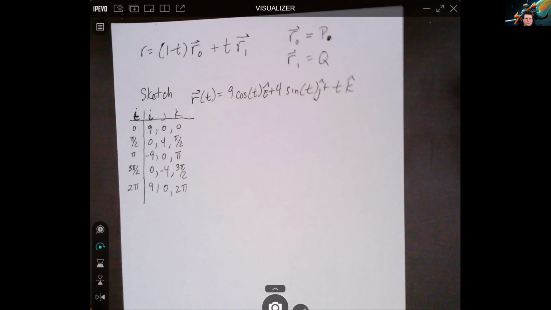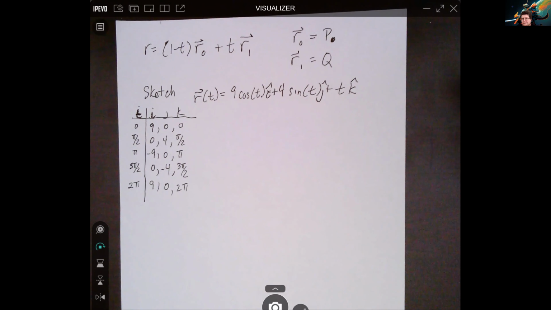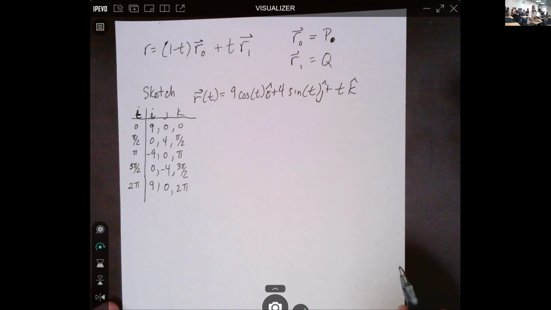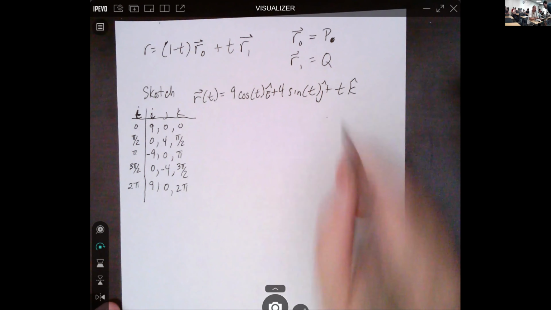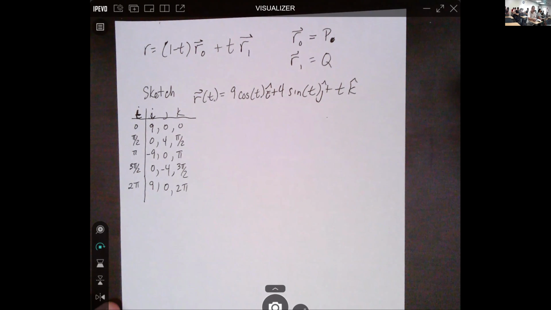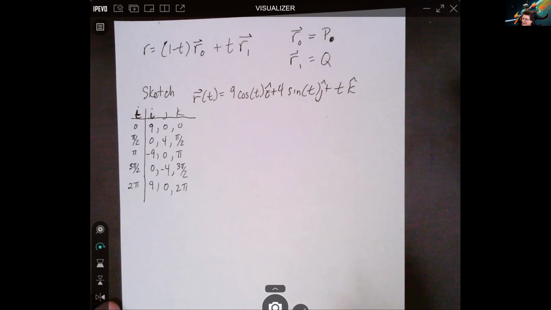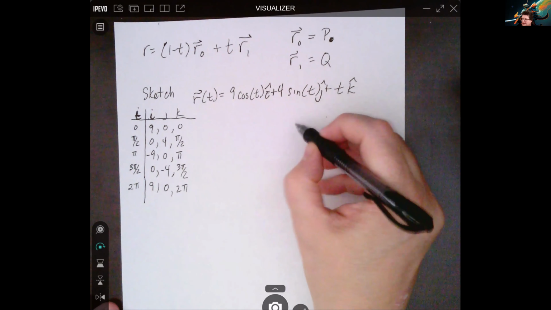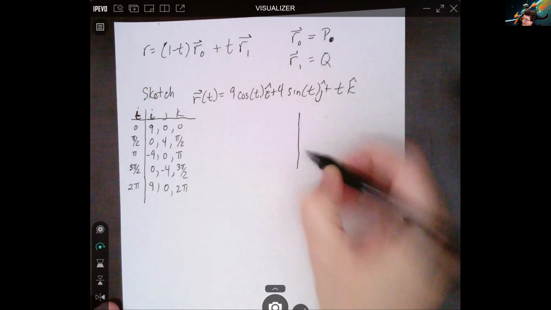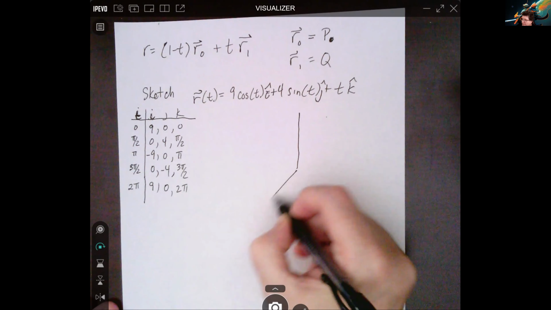My points look good so far. My table. That makes sense. Okay. Yep. I think what's the best way to sketch this? I think my first draft is going to be lame, but we'll talk about ways to make it better.